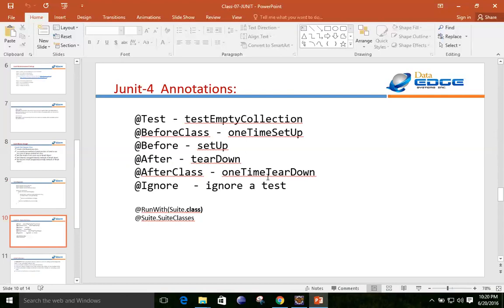At the last you can see two more annotations: @RunWith, and the second one, @Suite.